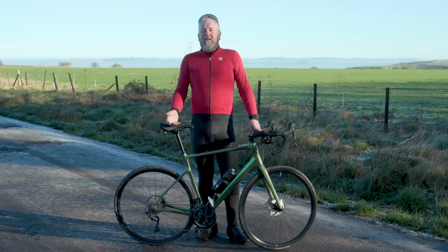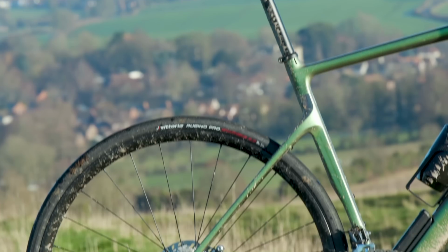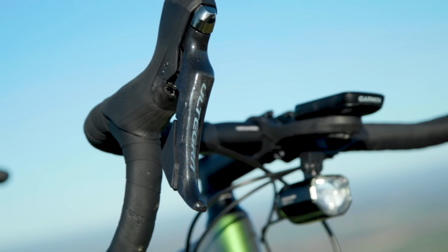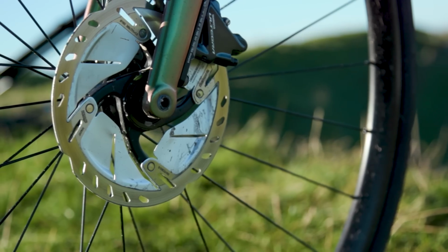Shimano's mechanical Ultegra R8000 has been around and tested since 2017, so I don't really have much more to say on its performance. Rest assured, R8000 is the pinnacle of mechanical shifting. Easily a match for the price of your Dura-Ace, and it showcases superb shifting, great ergonomics, and great braking too. Cannondale haven't cut corners, and we have the full groupset here, including the all-important Icetech rotors with their quiet